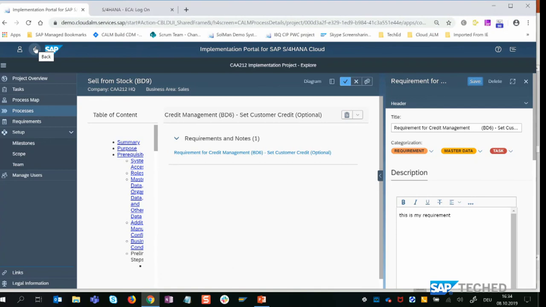And this you do for all the processes that you put in scope, so that in the end, you get a collection of requirements at the end of your explore phase. To pass the Q-gate for the realize phase, for sure you need a confirmation of the scope, which requirements you now really want to implement in the realize phase.